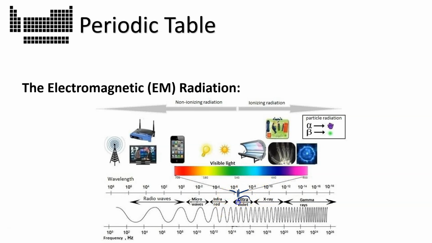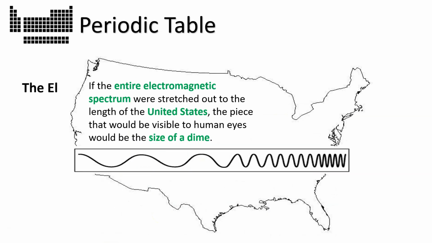There's other types you might recognize, like ultraviolet, things that we can't see with our eyes, but we're concerned about as humans because it can damage our skin or our eyes. That's why we wear sunglasses or wear sunscreen. X-rays, the things that let us get images inside our body. Gamma rays we don't come in contact with too often, luckily, because they're very energetic and dangerous. Infrared light is a different type of light we can't see. Microwaves, the type that we use to heat up our food, and radio waves that we use to do all kinds of stuff, like carry cell phone messages or Wi-Fi. Those are all different types of electromagnetic radiation.